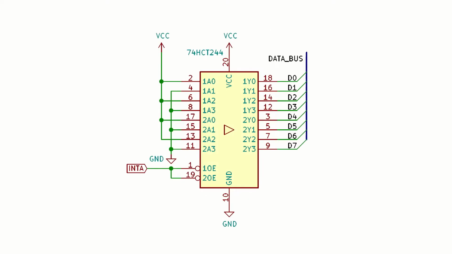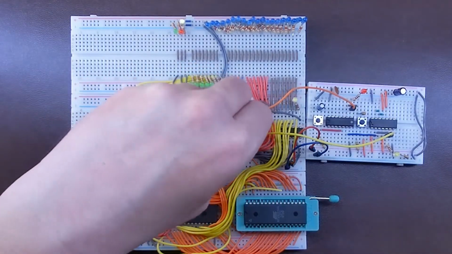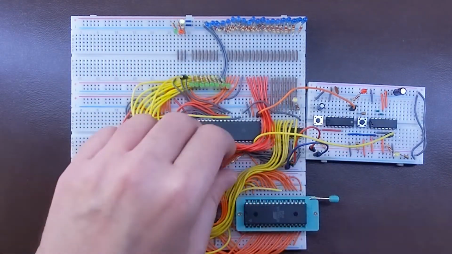This is what we need to add to our breadboards. The outputs of this chip are activated by a low signal on the 1G and 2G inputs. There are 2 inputs because each of them drives 4 outputs separately. We will simply short them together and connect them to the INTA output of the CPU. So this chip will talk to the data bus only when the CPU acknowledges the interrupt. We will set the inputs to a number which is easily recognizable in binary, let's say 01010101 or 55 hex.